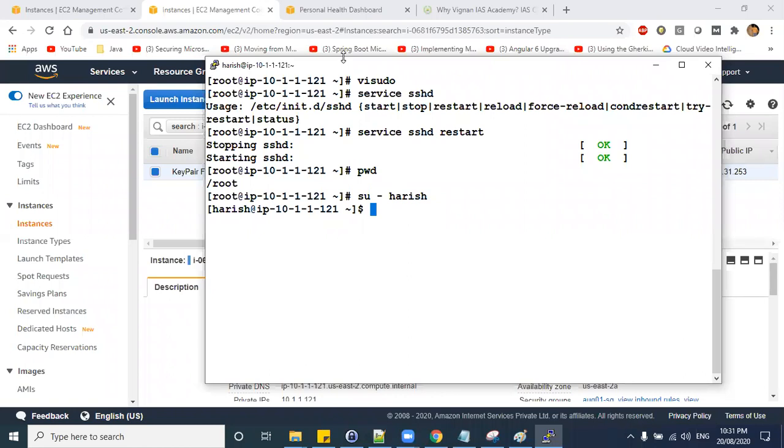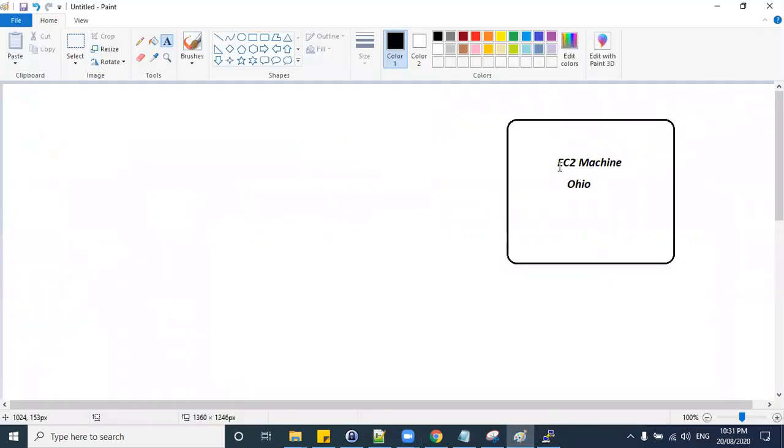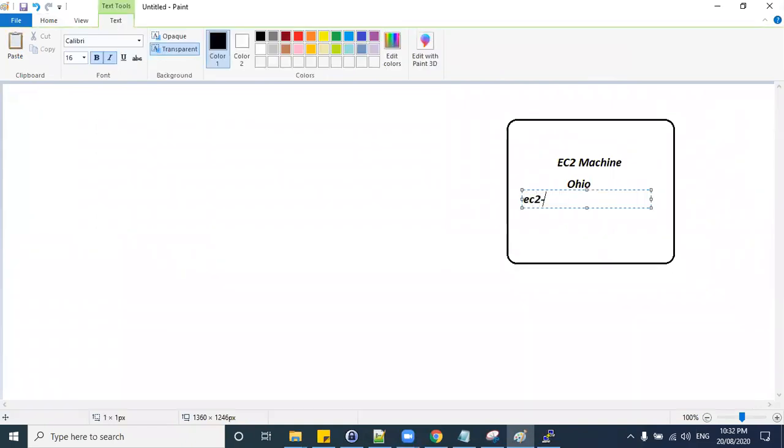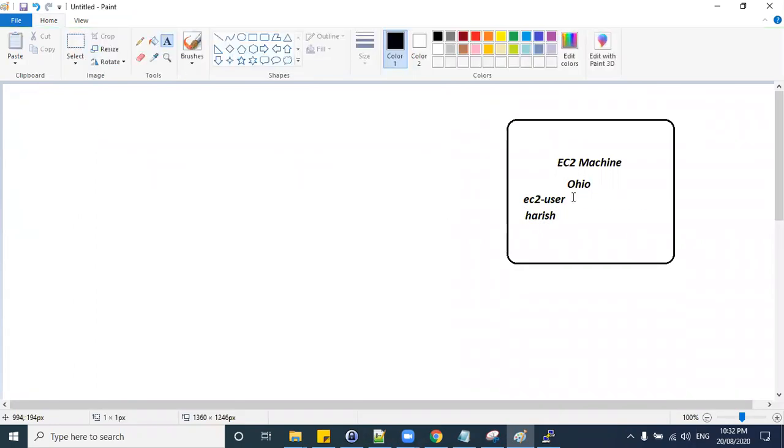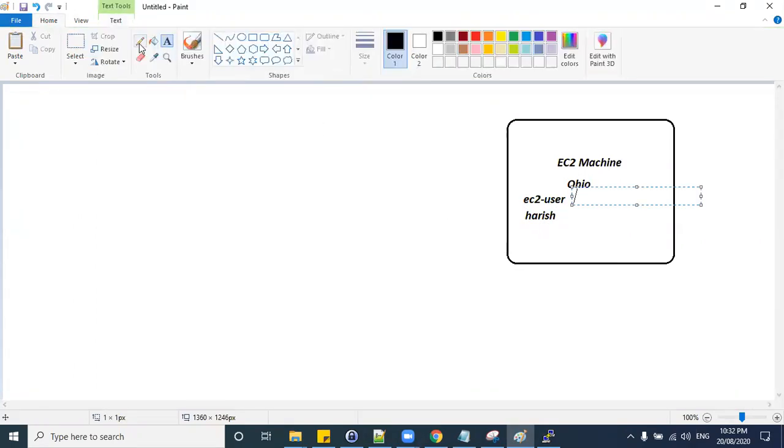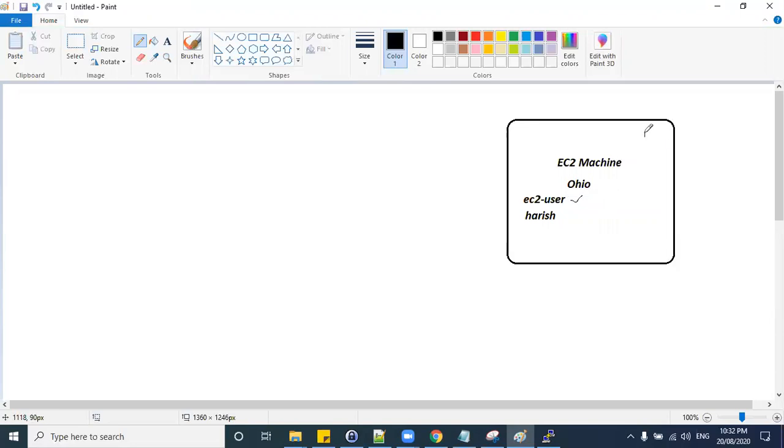So from here, what exactly you need to do? I will give you an overview. So now you are in an EC2 machine. So you are already in the EC2 machine. In this EC2 machine, a default user, ec2-user, was already available. Now you have added a new user, Harish, here. So for EC2, everything is available. A key pair, a public key, is available here. This public key has the record of ec2-user. So whenever ec2-user comes with a private key, he will be able to successfully log in here.